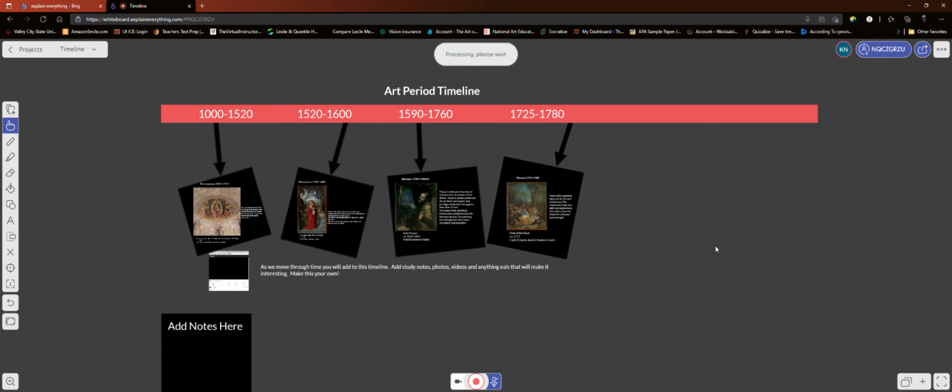This particular program is supposed to be great at being able to just add notes to things, to compile things in one place, to allow students to be able to collaborate with you. Hopefully I will learn a great deal more on this. I may add to this later, but for now, this is what I know,